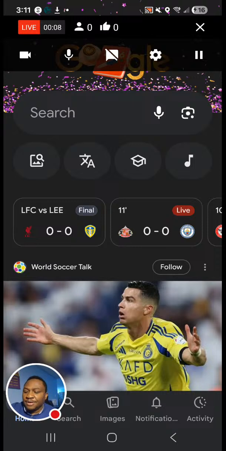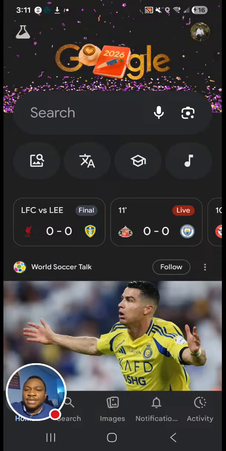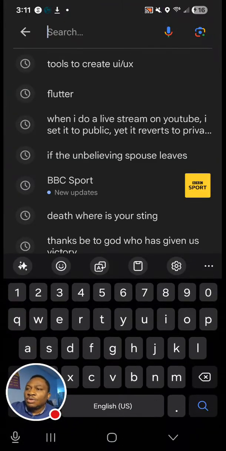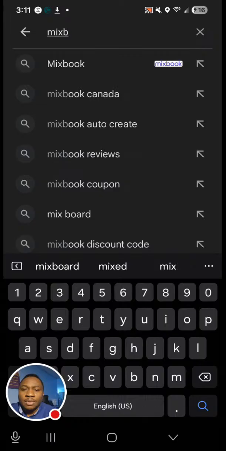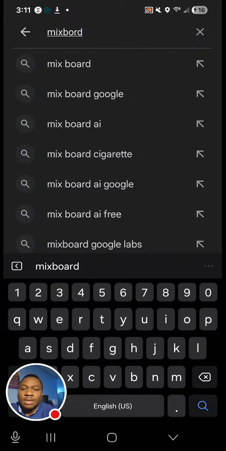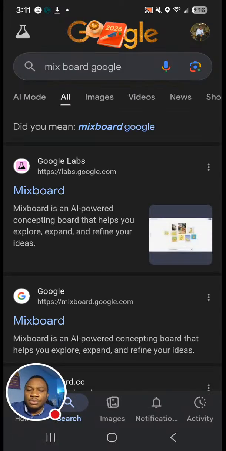Tool that we just found out. It's Mixboard by Google. Google just released this Mixboard, so we're gonna go into that quickly. So we're gonna type Mixboard. It's Mixboard by Google. So go to Mixboard,